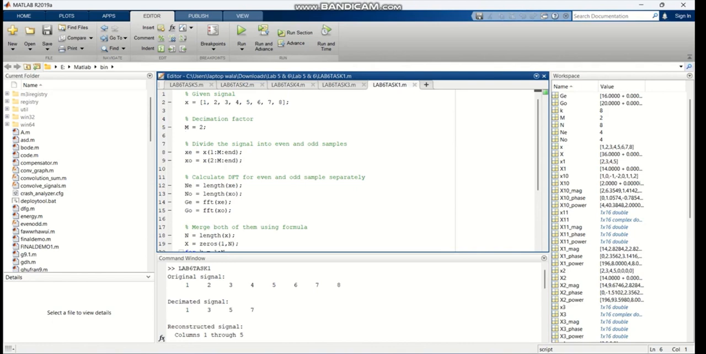And we are going to perform lab number 6 of DSP. So here in task 1 we have to find the decimated and the reconstructed signal. We have a signal x equal to this, and then we have a decimation factor M equal